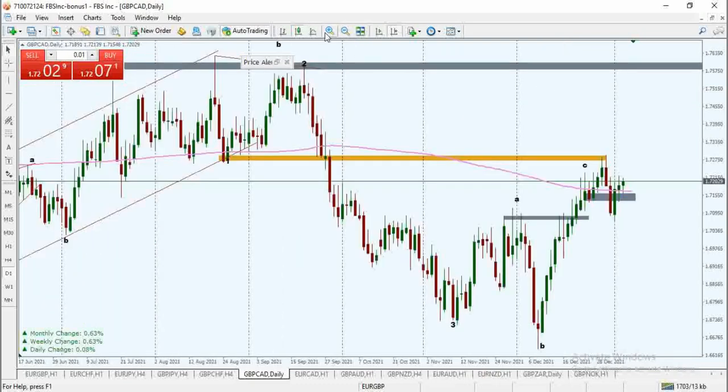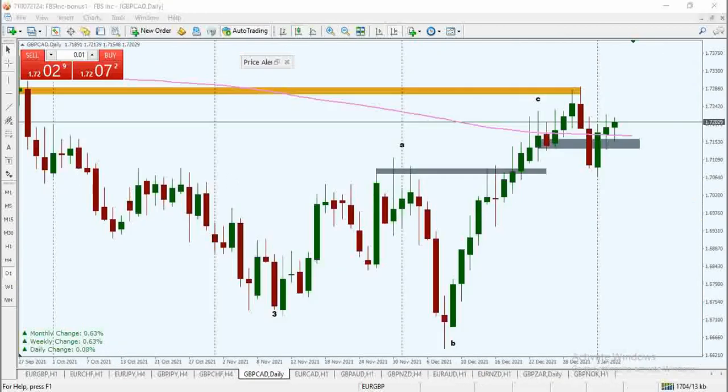One of the things I did while planning for this one is I want to see price break this previous structure, because in the bid to the upside, this was the only candle that was different in this move right here. Apart from this one, we had price clear that range and then continue upside as we wanted to see. So what I want to be seeing now is that this 2-bar correction is taken out, that this 2-bar correction is not a corrective wave that would also push price to the next